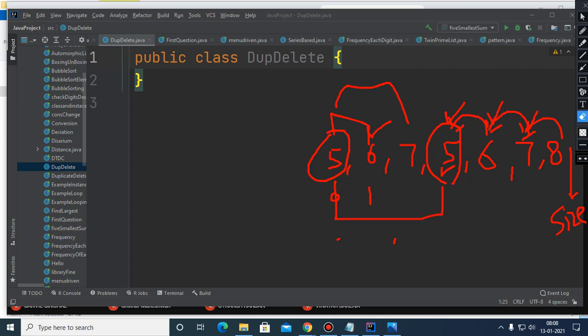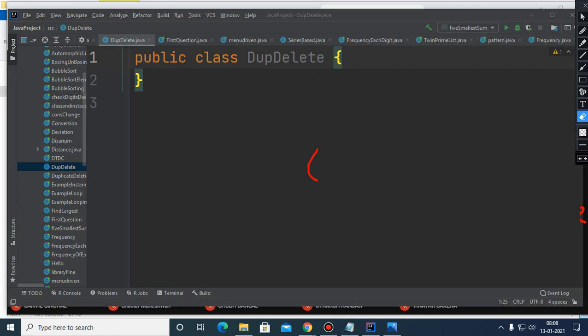Children, one more thing: if there are consecutive duplicates of any element, then there will be an issue. The element comes onto its place and the duplicate gets deleted, but the loop with which you are picking these elements needs to be decremented one step backward, because otherwise this j will get moved forward. I will explain while I'm coding. So let me start this. You will understand it better that way.